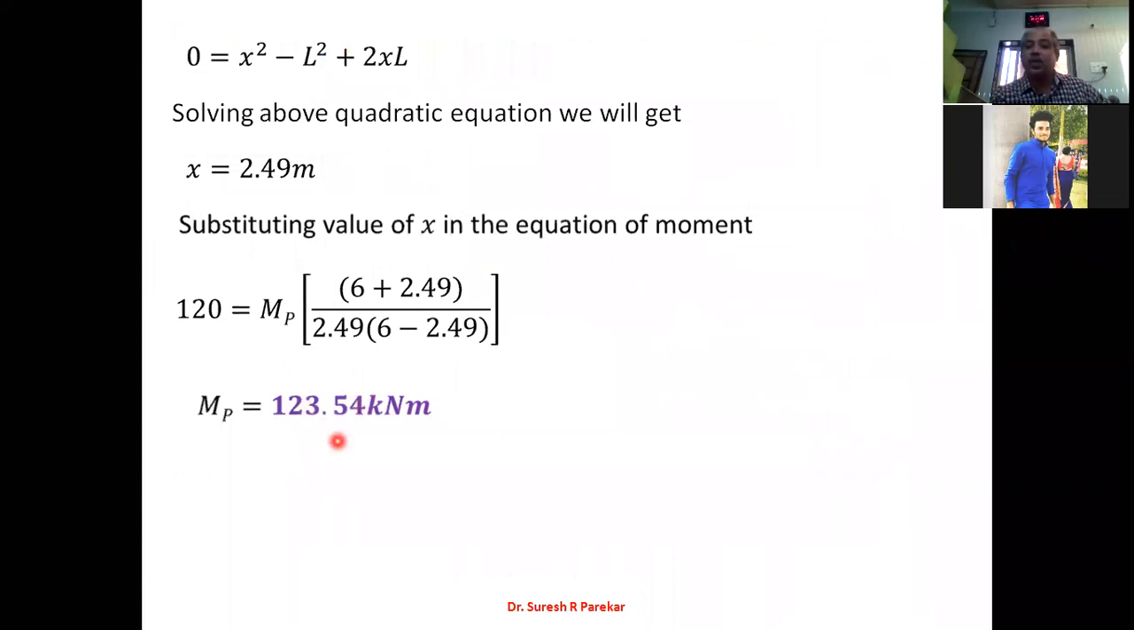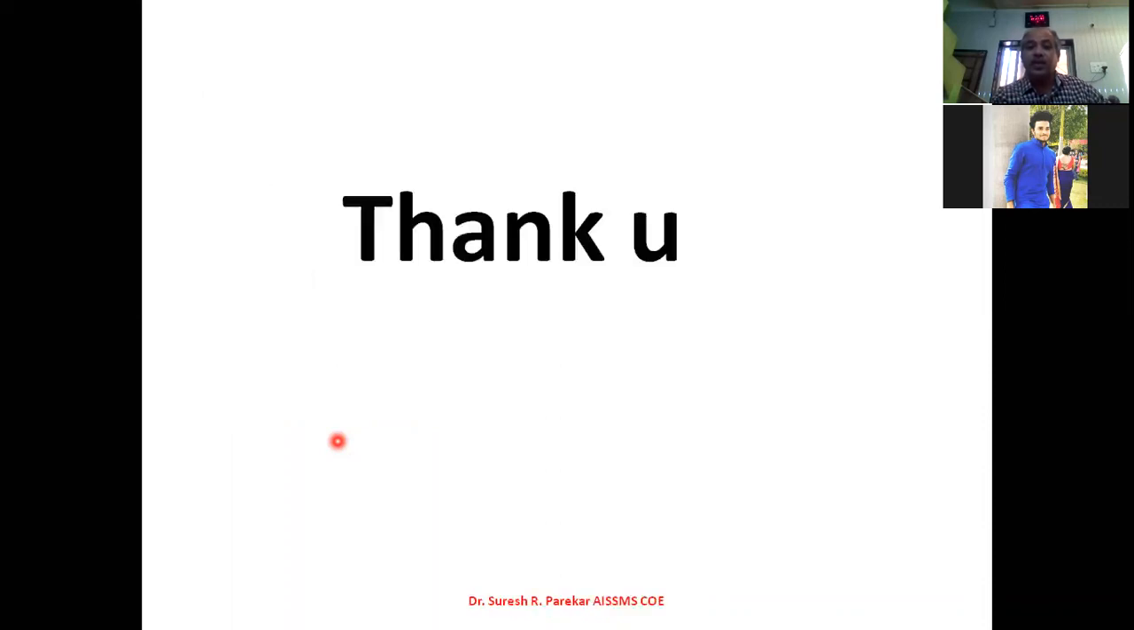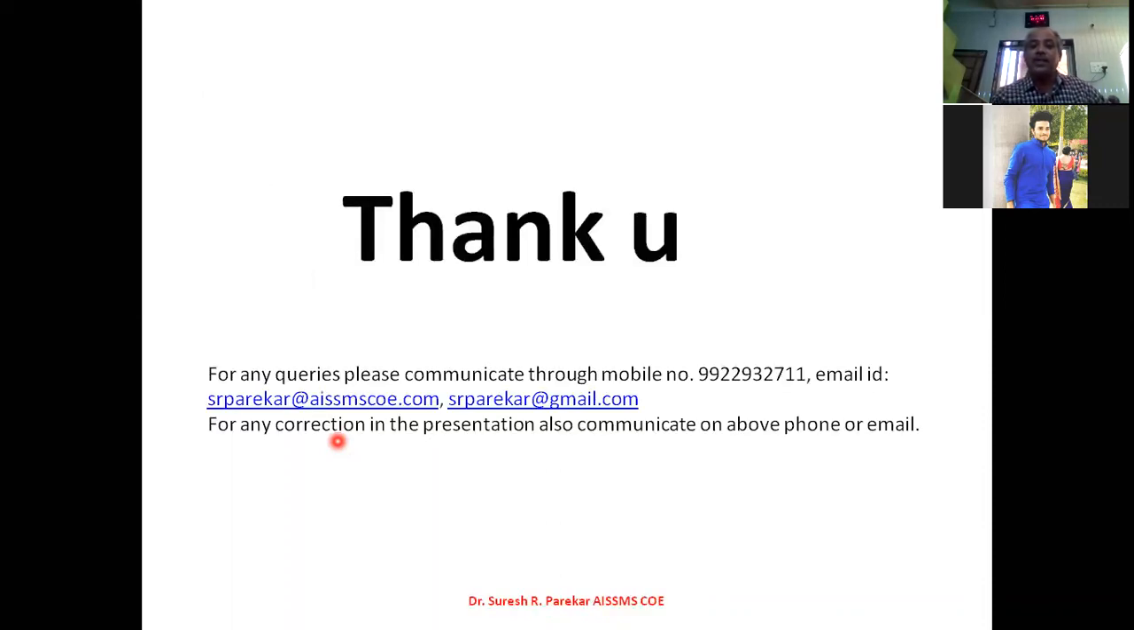123.54 kilonewton meter. So my plastic moment for this problem, a propped cantilever with UDL 40 kilonewton per meter with span 6 meter, gives me MP as 123.54 kilonewton meter. So this is all about plastic analysis. So we have covered